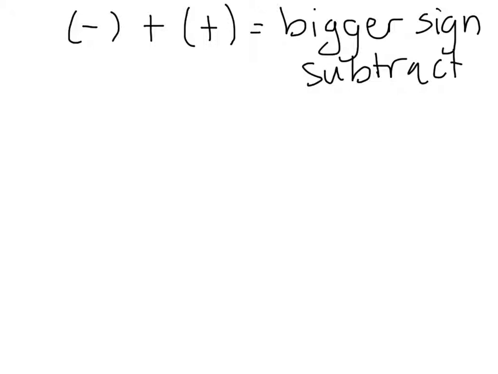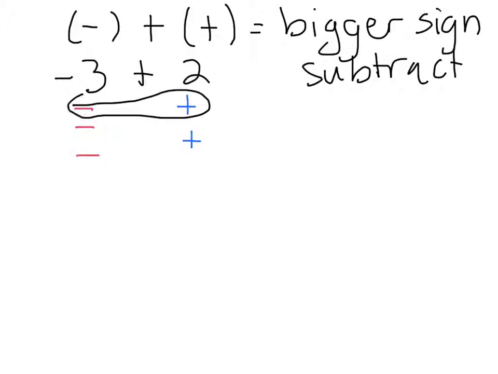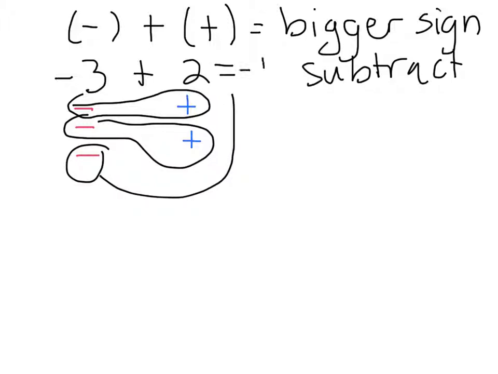In this case, if we have negative 3 plus positive 2, we could use several ways to solve this. We could put down 3 negatives. We could put down 2 positives. You can see that we can make a 0 pair here and a 0 pair here, leaving our answer to be negative 1. If we did that on a number line,